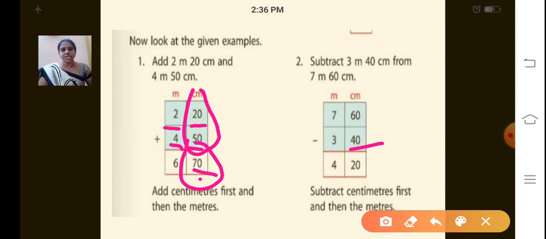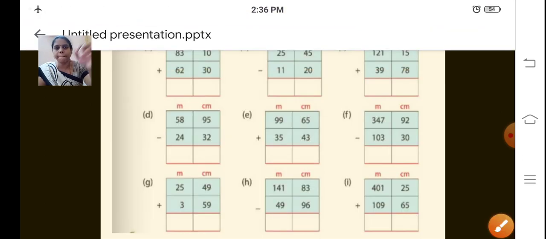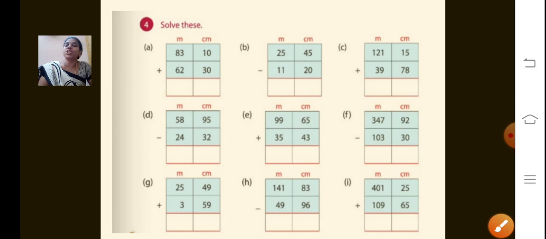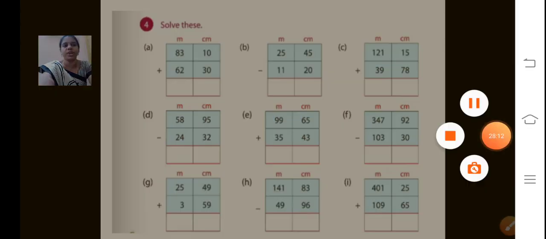Okay, children? So we'll do the sums. Open your textbook now. Fourth one. This we are going to do now. Solve these. We are going to do addition and subtraction. Okay, now. A sum. First sum, 83. We are going to add. Just see the symbol also, children. We are going to add